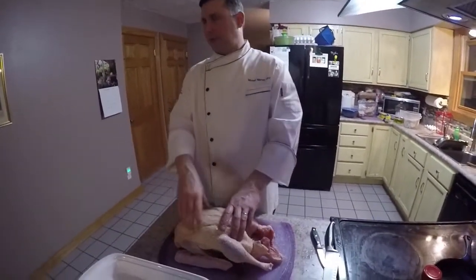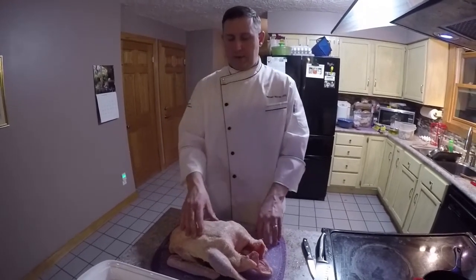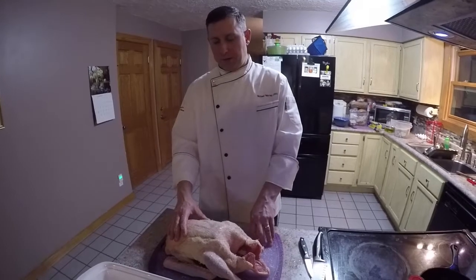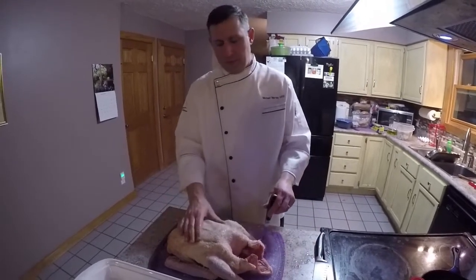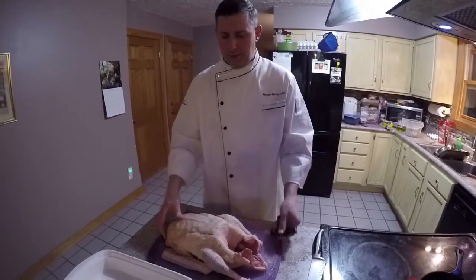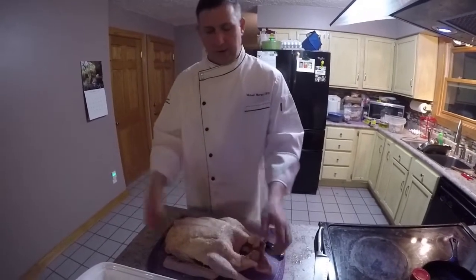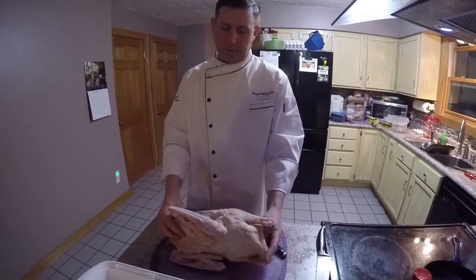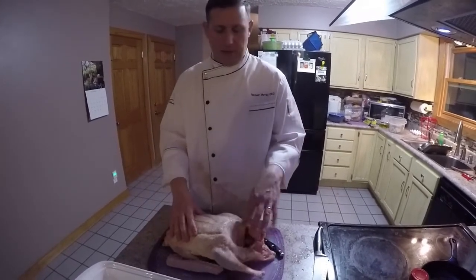So there's a lot of ways you can quick dip and blanch the skin to crisp it up. That's our Asian way, preparing it like a Peking duck or Beijing duck style. Some people steam it for a little bit. They blow air underneath the skin, get it all crispy. Some people start and cook side, top. There's a lot of methods on cooking